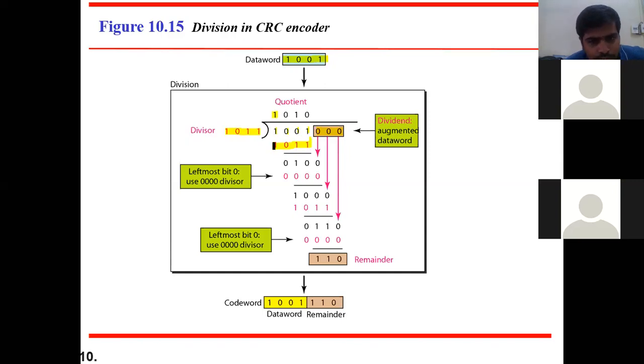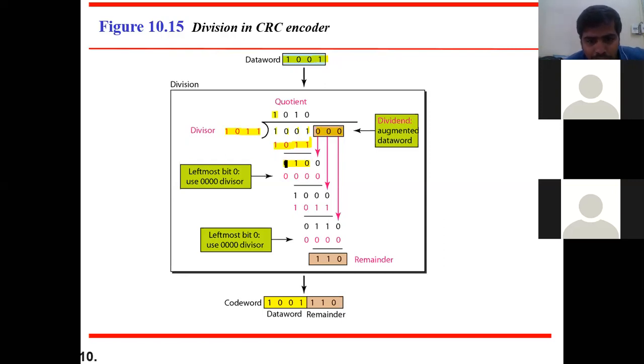1 into 1, it is going to be 0 in our modulo 2 arithmetic. 0 into 0 is also 0. Then 0 into 1 is 1. 1 into 1 is 0. Then here how many bits do we have left? Only 3 bits, because 1 bit always we have to neglect, because we are going to shift by 1 bit. So always the leftmost bit will be neglected. In fact, this one more 1 into 1, 0 should come here, but I am not going to consider that, because every time I have to shift my data word by 1 bit. So this time I am neglecting this bit. Whatever the result is, 0 was supposed to come here, that I am neglecting.